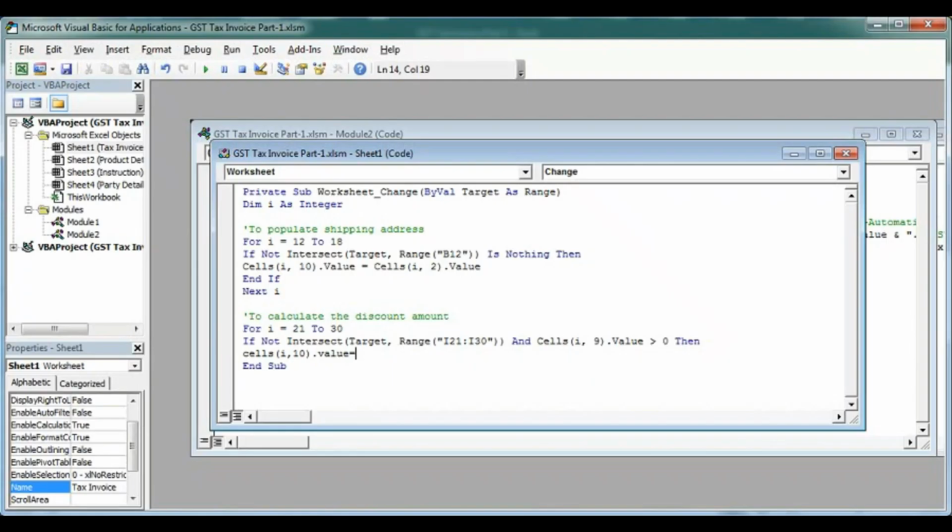So Cells(I, 8) into Cells(I, 9) bracket close, enter, and next I.